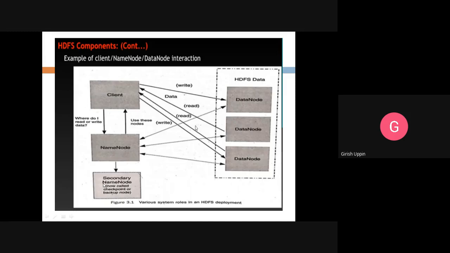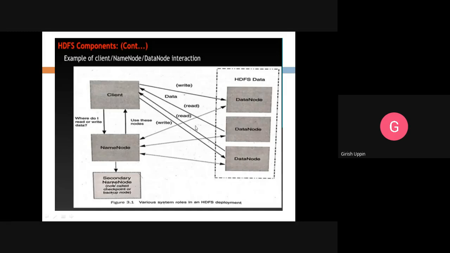Now, the secondary name node. What is the secondary name node? It is also called a checkpoint or backup node. Regularly it will check the name node and get the fs image file. The fs image is whatever the current state of the metadata is. Metadata means which node is holding what kind of information; all that mapping information will be in the fs image. Plus it will have the edit logs. Edit logs will have whatever changes happened to the files; those two pieces of information will be there.